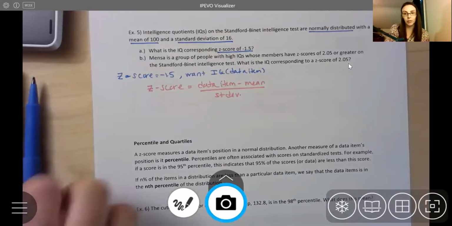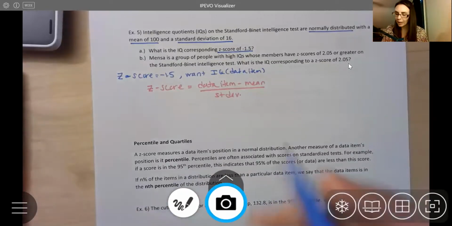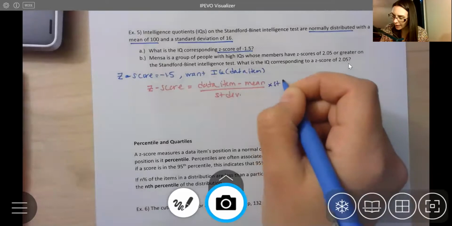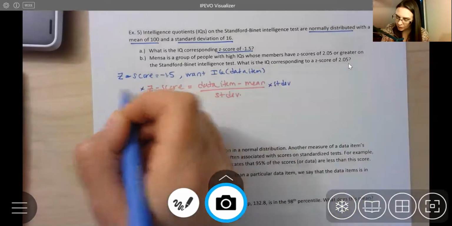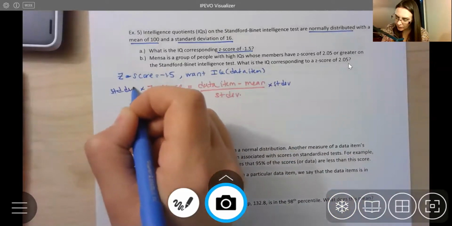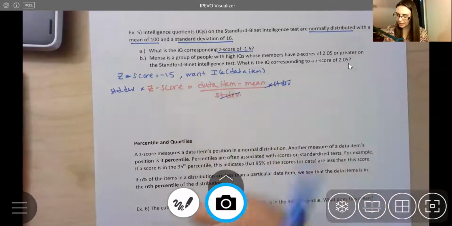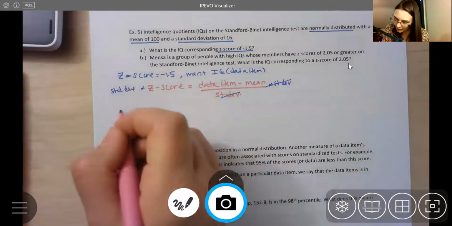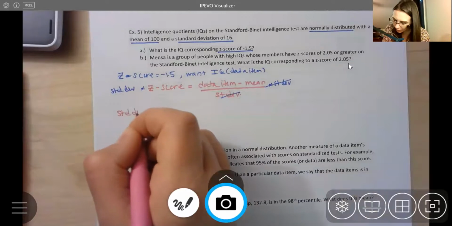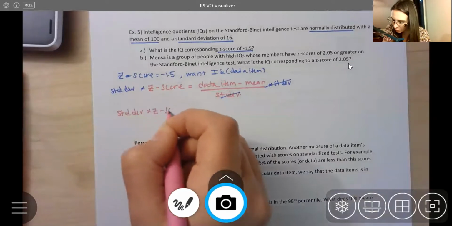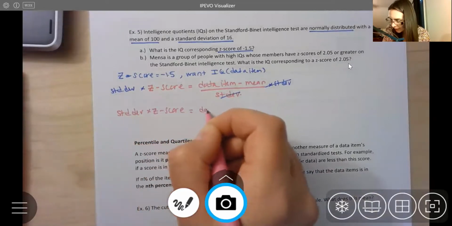It looks a little bit weird because we're doing it in words, but think back to how you solve fractions. The first thing you would do is multiply by that common denominator. So I can multiply by that standard deviation on both sides. Now I see that my standard deviation times my z-score is equal to the data item